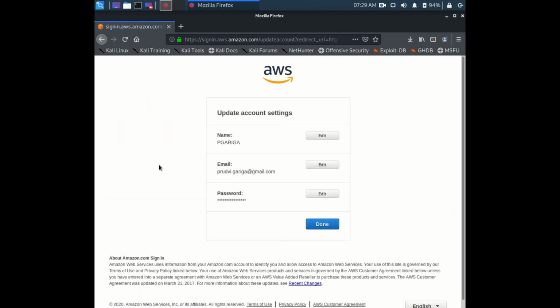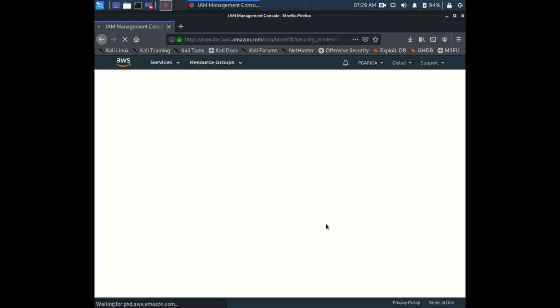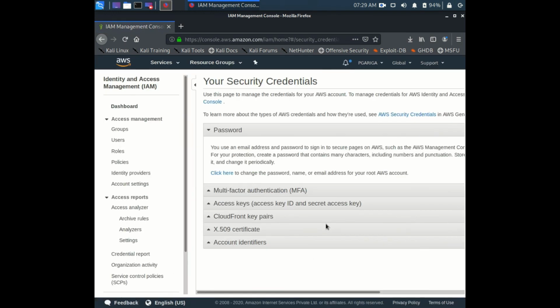Now you are in the root account. See, we have the password and everything set up, and you can edit your password from here. You will see lots of options over here, but as a cloud practitioner, you have no need to look at these now.